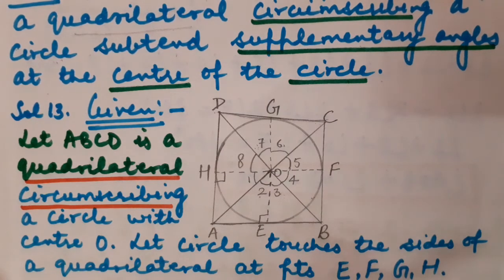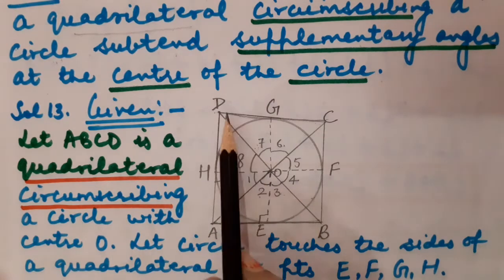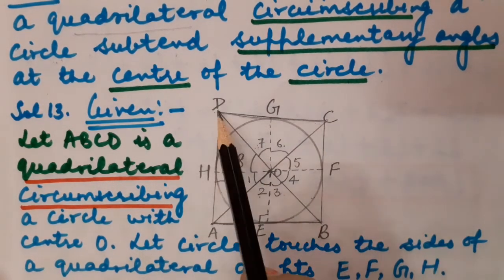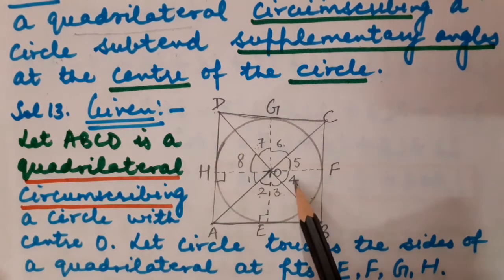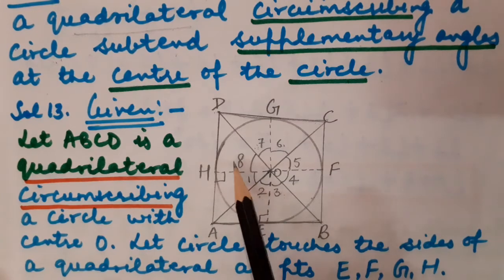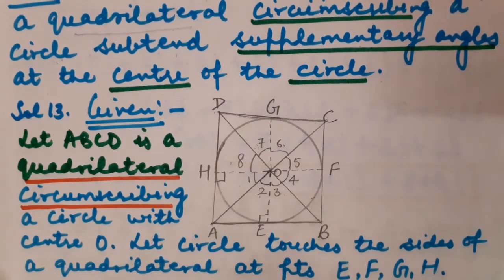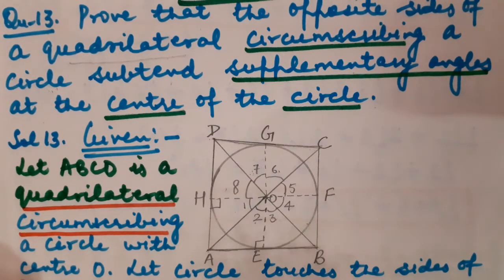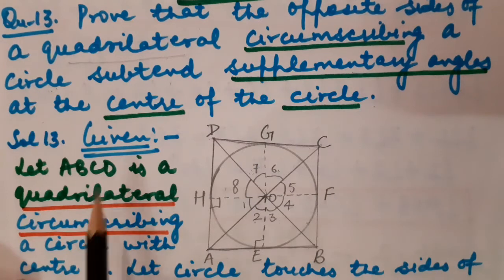is equal to 180 degrees. Children, it is not essential that you take only AB and CD as the opposite sides. You could take BC and AD also. But then you have to prove that angle 4 plus angle 5 plus angle 1 plus angle 8 is equal to 180 degrees. Correct, children? Hope you have understood the statement while looking at the diagram. So let us start its solution.